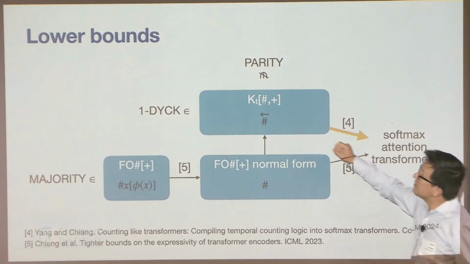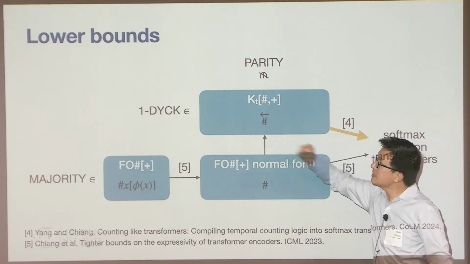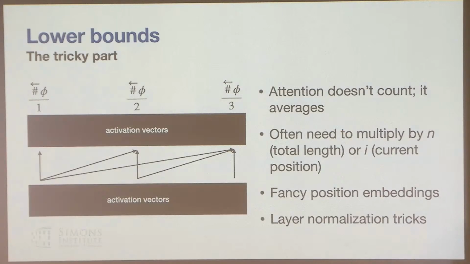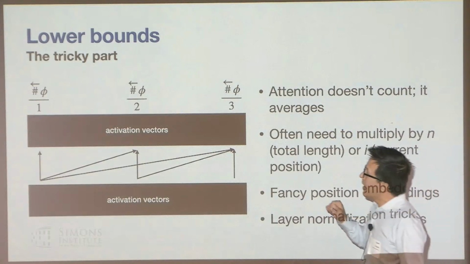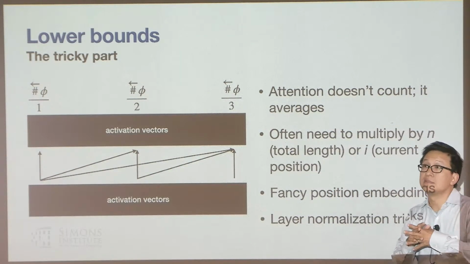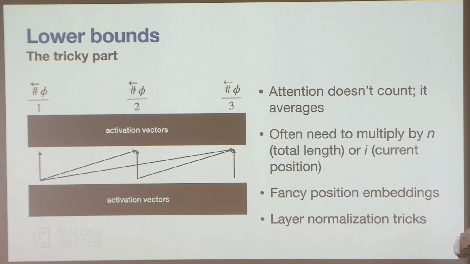And so we're given a formula in this logic that has the directional counting, and we want to convert it into a transformer. And there is one tricky part, and that is dealing with counts inside a transformer. So counting is basically not a hard thing to do. If you want to count all the positions to the left that satisfy a certain property, you do uniform attention to all the positions to the left, and the values are 1 if the property is true and 0 if the property is false. Okay, that's all fine.